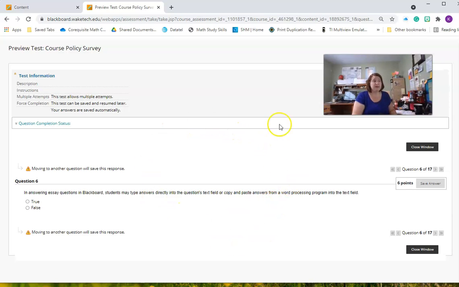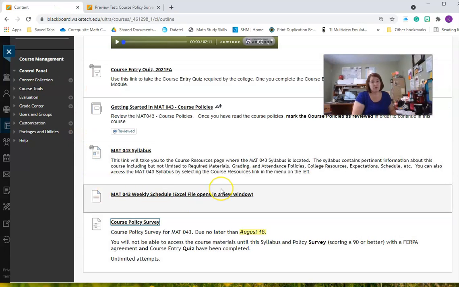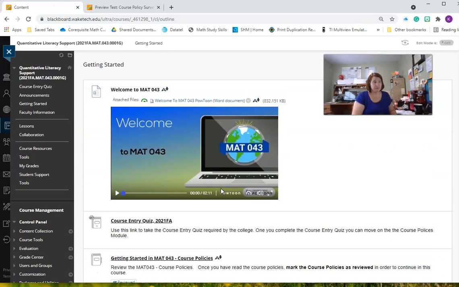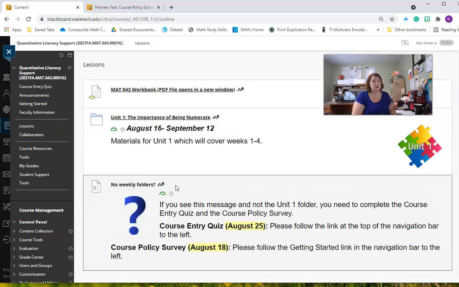Remember, you do have to get a 90 on this for any of the other content in the course to open. So if I go into lessons, if you have not gotten a 90, you will see this only, no weekly folders.